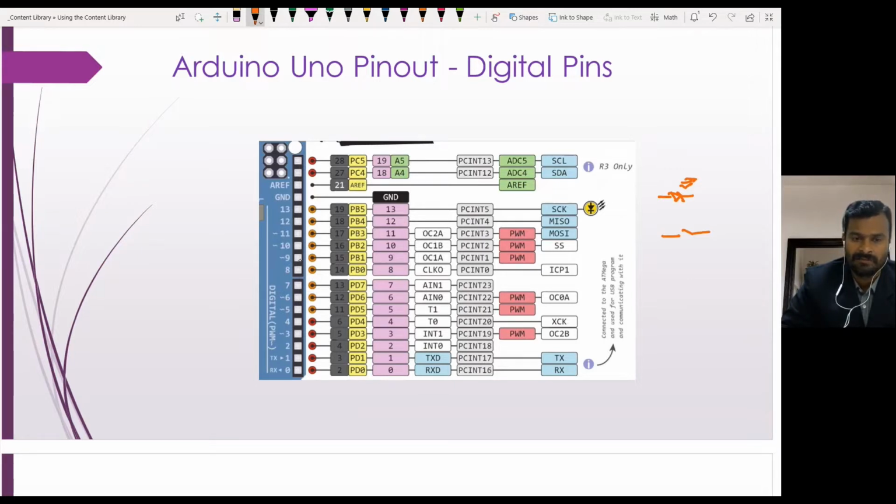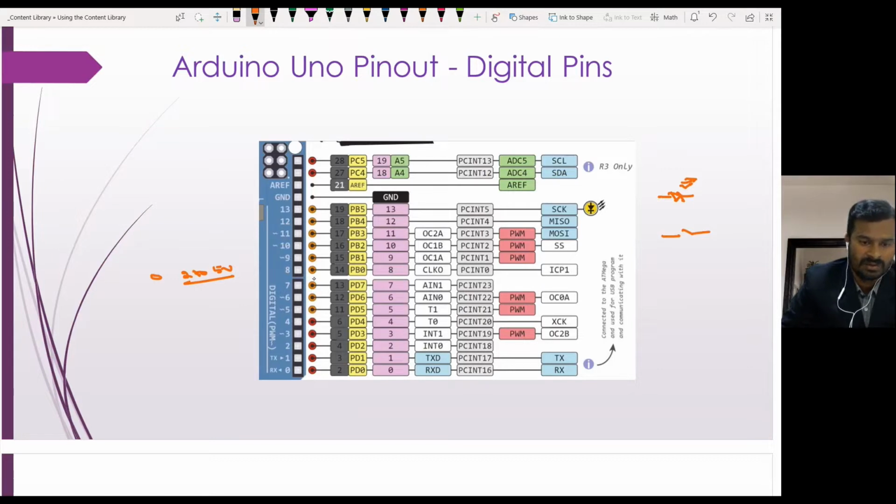Here the outputs will be zeros and ones, with 5 volt as high and 0 as the low level, so that kind of output can come from here.